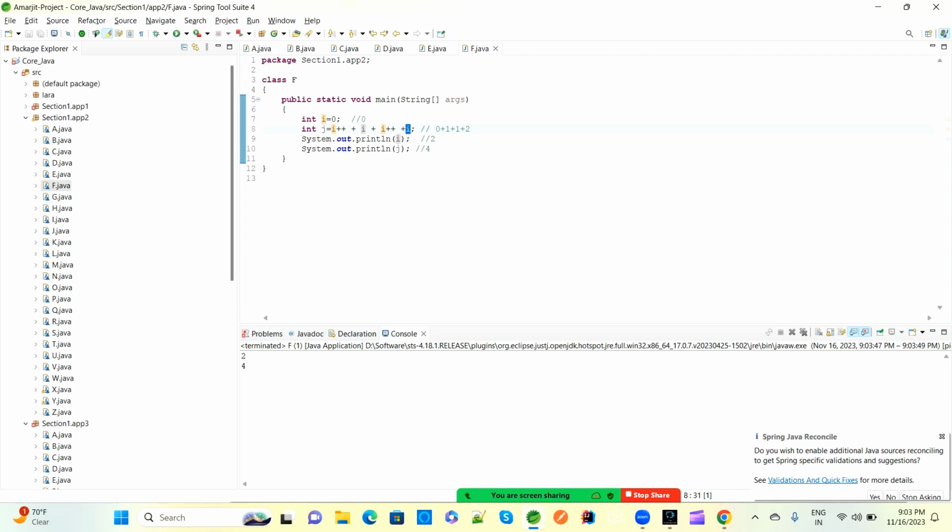See, the same 2 and 4 is there. After that I'll ask some questions here, like here also i equal to 0, j equal to i plus plus is there. So 0, and this will be incremented by 1 in the next i. So here 1, again we have a post increment, so 1 plus 1, that will be in the next line. So right now 1 is there, so 0 plus 1, and here 1 plus 1 is 2, and again there